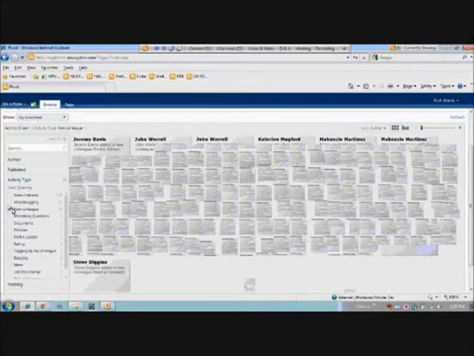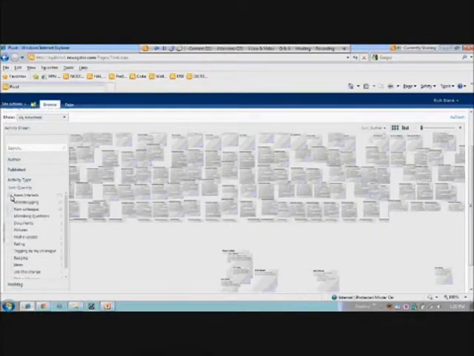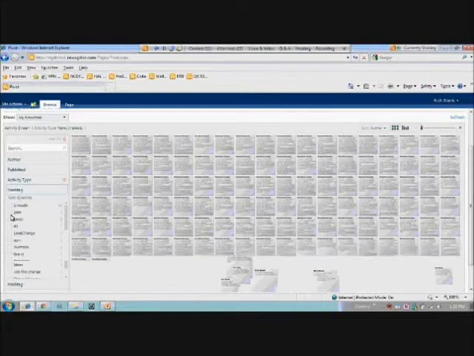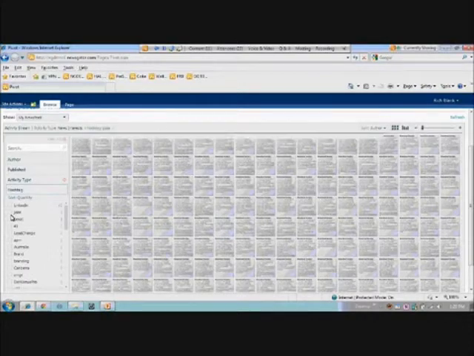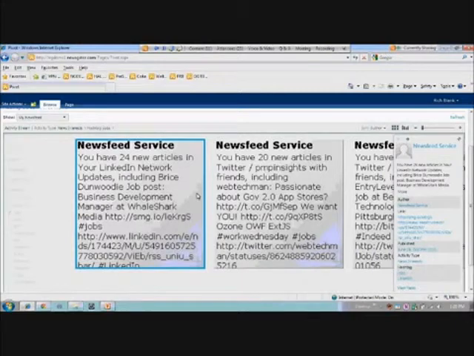Or maybe I just want to look at my news, and I want to look at news for a particular hashtag topic. Maybe it's jobs or something along those lines. And I'm going to see the news feeds that include the word jobs in here. And then I can click on that, and if I wanted to, I can share it. I can view some information about it. So I can zoom in and make sense of what's going on in my activity stream in a completely different way that's more visual.